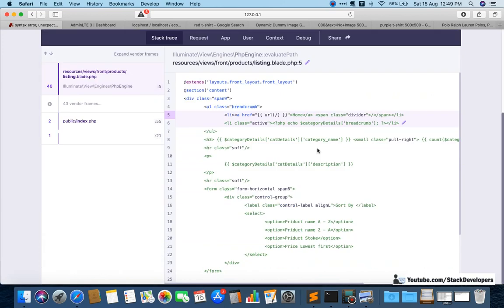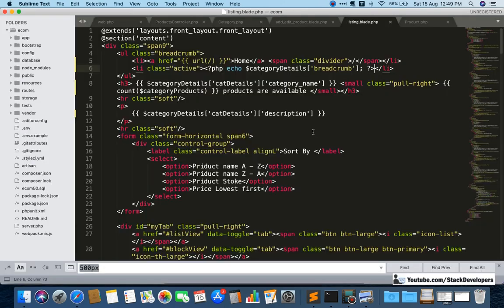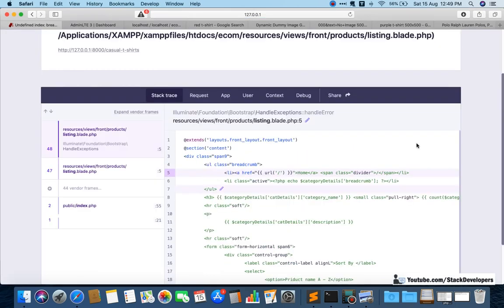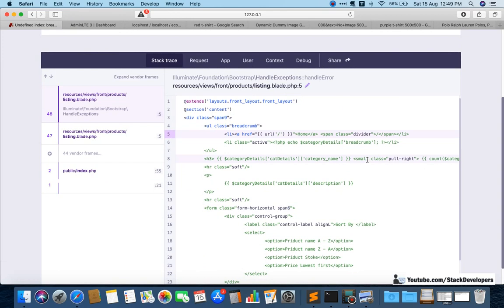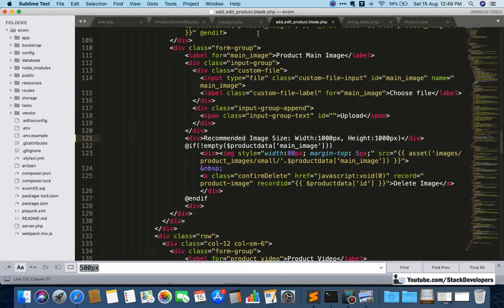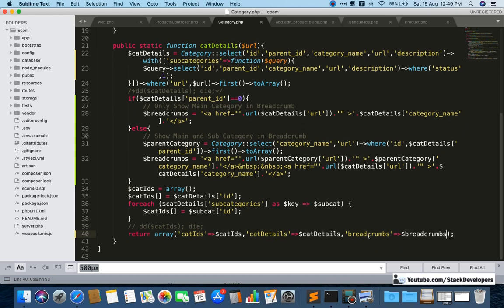Now see, an unexpected error is coming, and we are going to find which error is there. So here we need to make it like this. Now we can refresh, and again the error is there, undefined index breadcrumb. Now see what we have given, breadcrumbs. Okay, I have given breadcrumbs, that is fine.